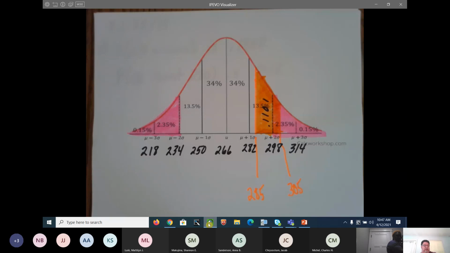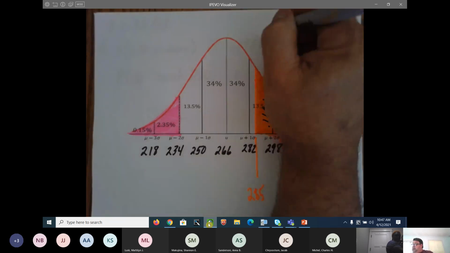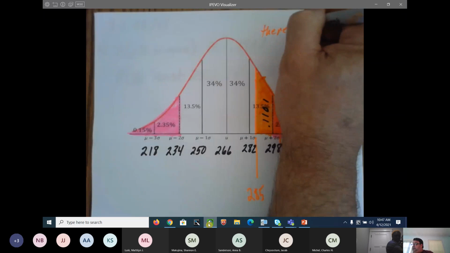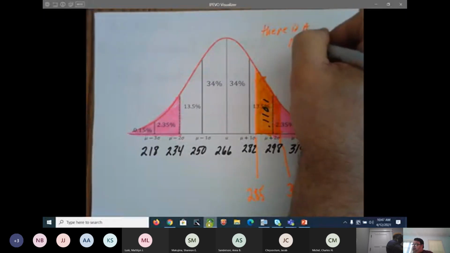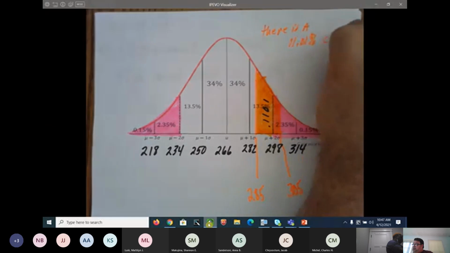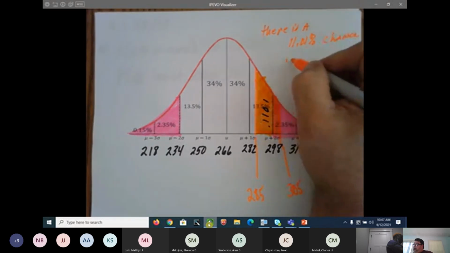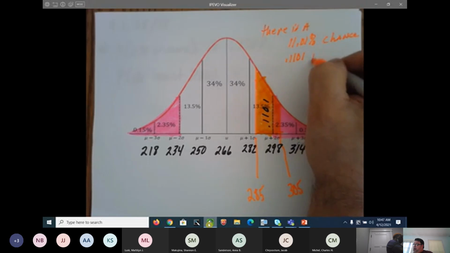I'm going to write this down for you. There is an 11.01% chance, a 0.1101 probability, or 0.11 probability